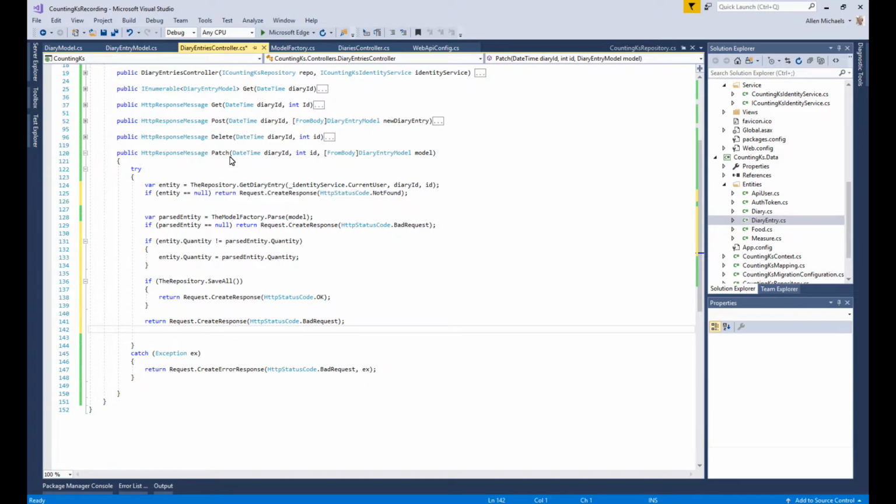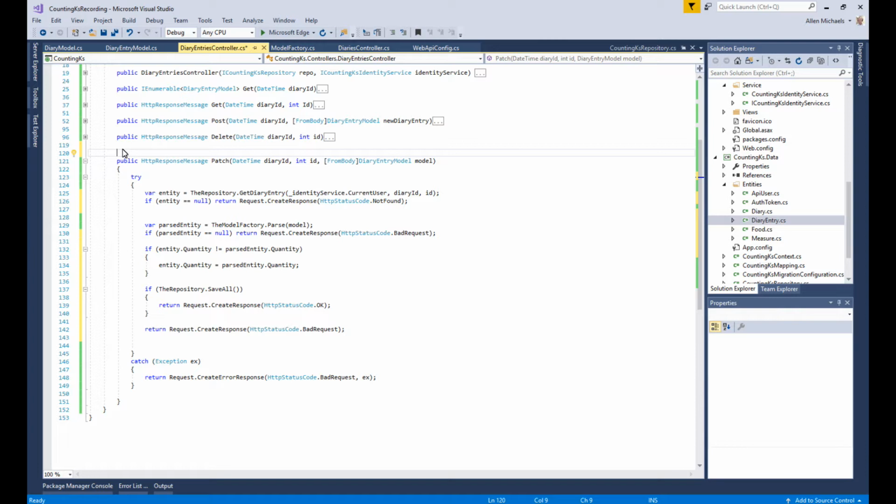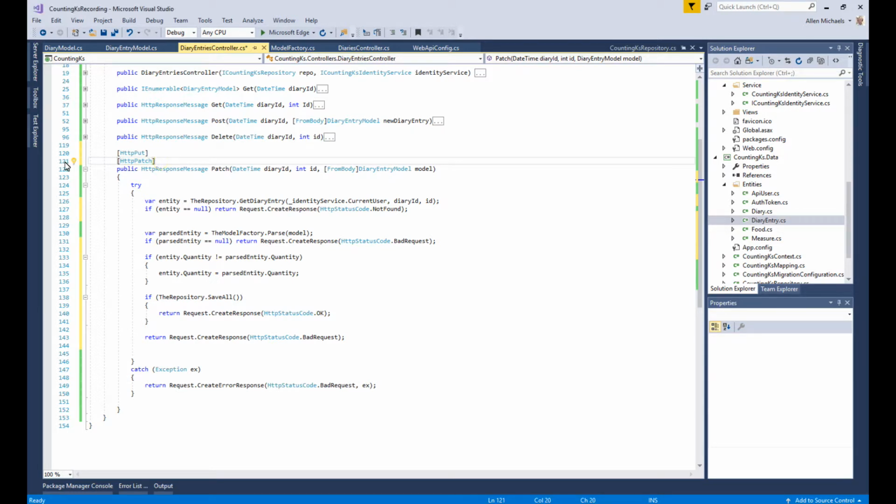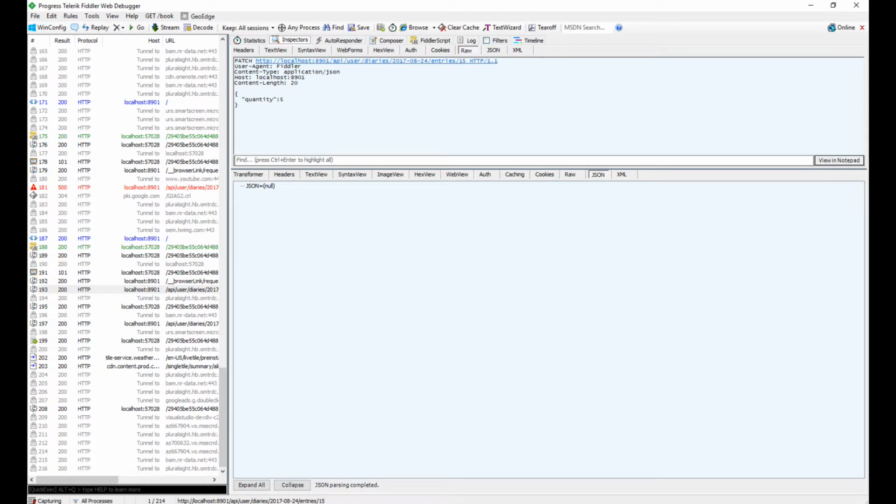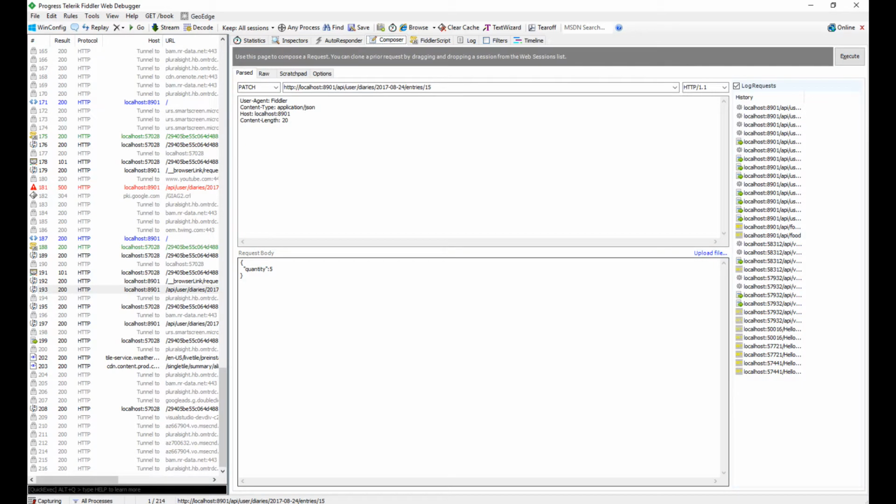And also another really important thing to note here is that by changing these attributes, we can put HTTP patch. Now this method will work with both patch and put. So if we go here to our composer, let's update that one to 10, and now instead of patch, if we pass put,